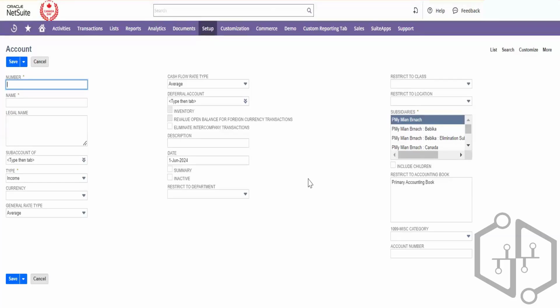And when you're importing your assets, there are a lot of other records as well when you import your asset. So along